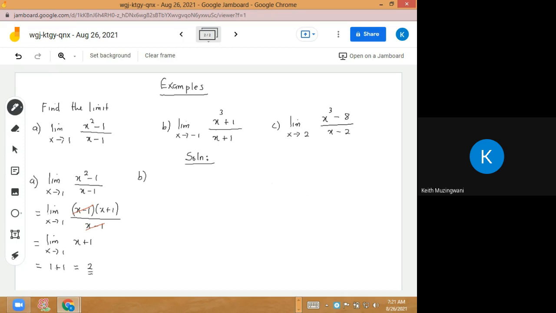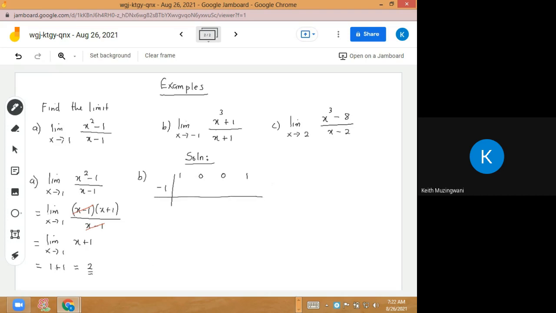B, the limit as x goes to -1 of (x^3 + 1)/(x + 1). If you substitute -1 in the numerator and the denominator, you're going to find a 0 in the denominator, which will make things undefined. So what do I do? For the numerator, when we get a 0, that's a polynomial of degree 3. When we get a 0, we call that number a factor. So quickly go to synthetic division, pick the coefficients 1, 0 for x squared, 0 for x, 1 for the